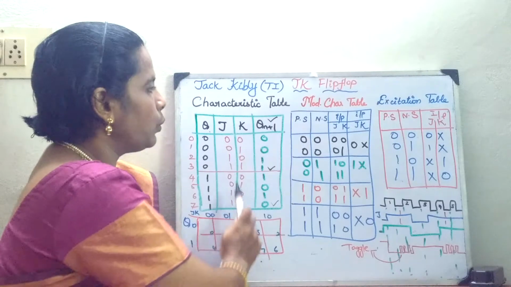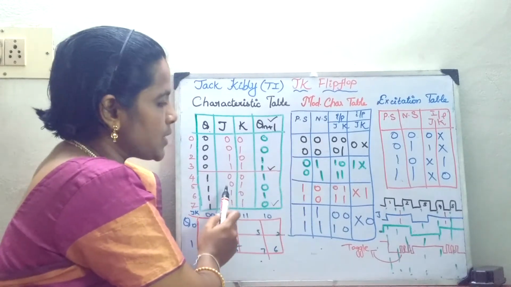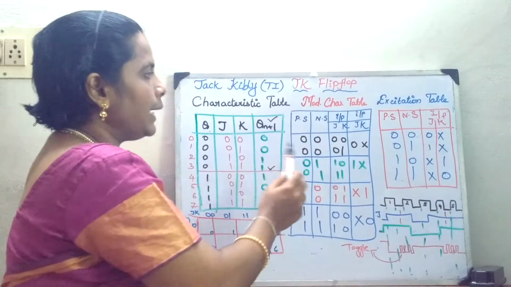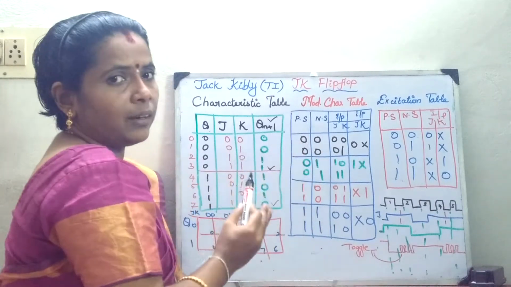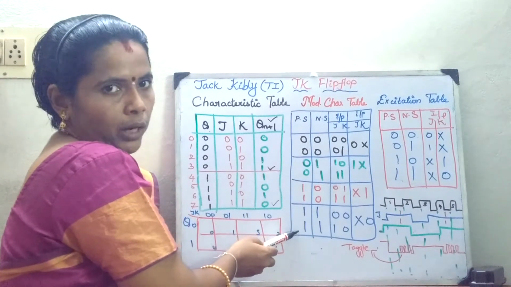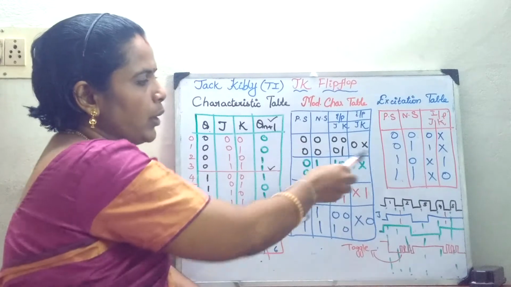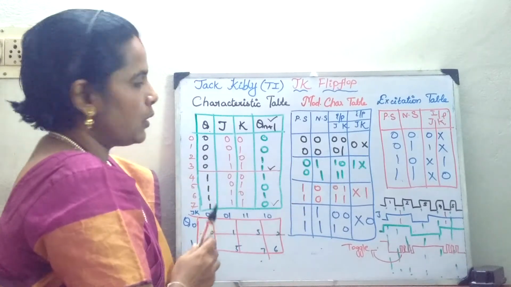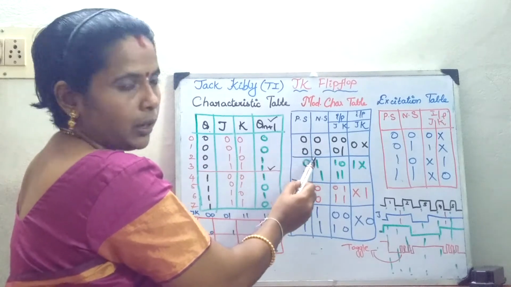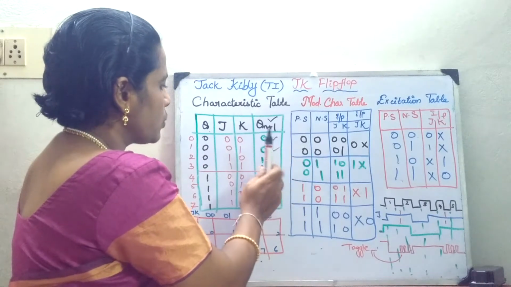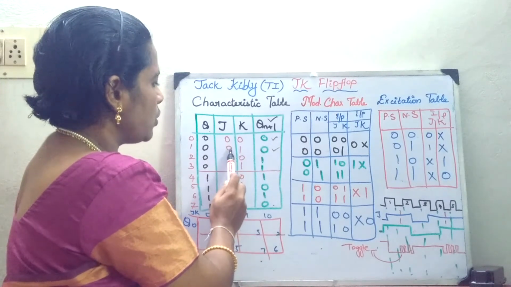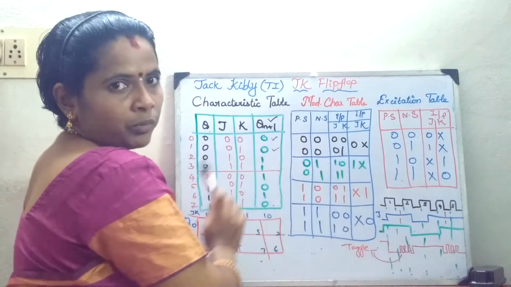Now, we are just going to rearrange this characteristic table in order to arrive at your excitation table. Now, we will take the present state and next state, where you are going to have the 4 combinations 0 0, 0 1, 1 0 and 1 1. So, these 8 states are going to be reduced to 4 states. Okay. The first one, 0 0, which I have written here. For this 0 0, what is the input? 0 0 and 0 1. So, 0 0, 0 1 is written.